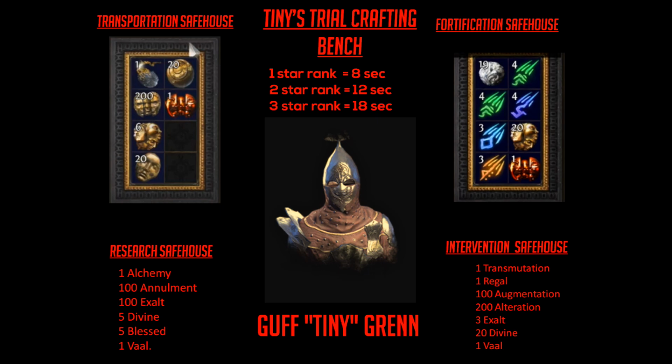Now I will show you my best results so far. I had Gaff Tiny Gren as a leader for Fortification safe house, so I got 2 Tiny Trial crafting benches. On first crafting bench I used energy shield based gloves and I got nothing good. On the second crafting bench I used Shaper amulet item level 84, and